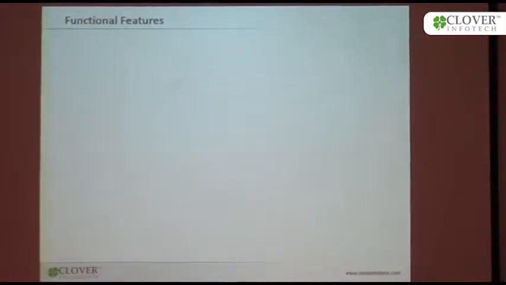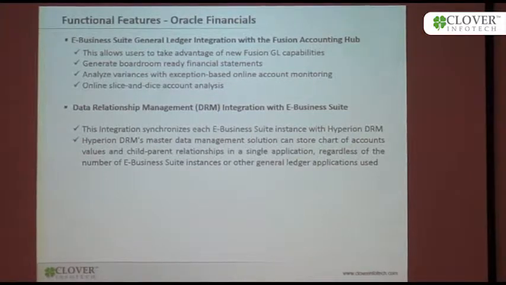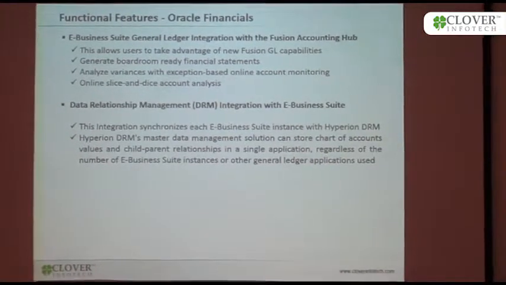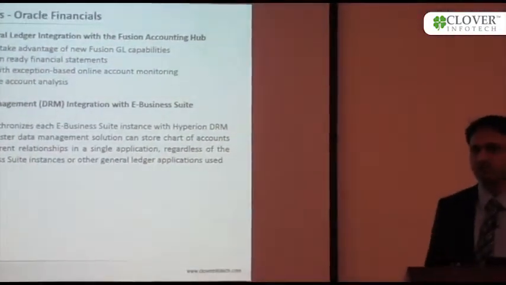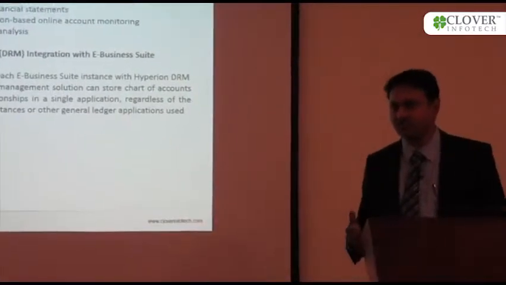So coming to functional features, first we'll talk about the key built-in integrations which Oracle has introduced around the general ledger module. It's a built-in integration which has come in the new version 2, which allows you to directly integrate with EBS, that's Financial Accounting Hub, a very recent product which Oracle has introduced in the market, which gives you all Fusion GL capabilities in 12.2 itself. So before we go to Fusion, we can actually get the Fusion capabilities in Financial Accounting Hub at our 12.2,